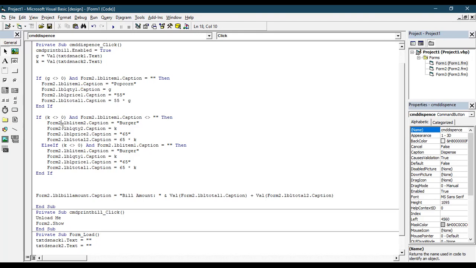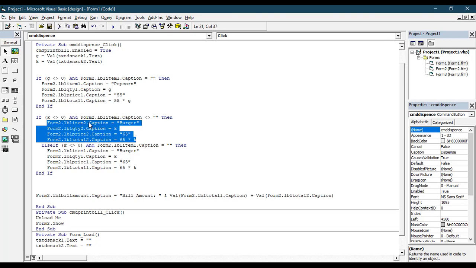Next set we are starting. Here I'm telling if K, the second item, is not equal to 0, then this entire coding is also not for this particular form; it should be reflected in the next form.